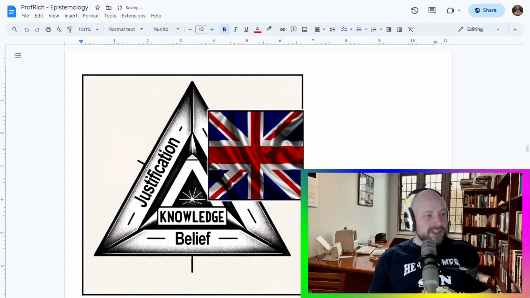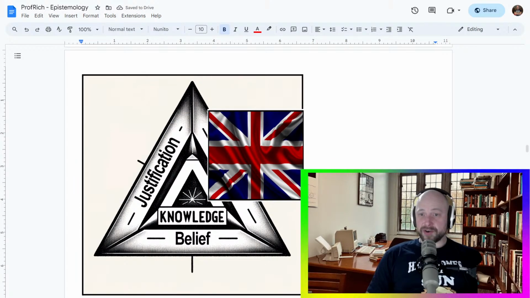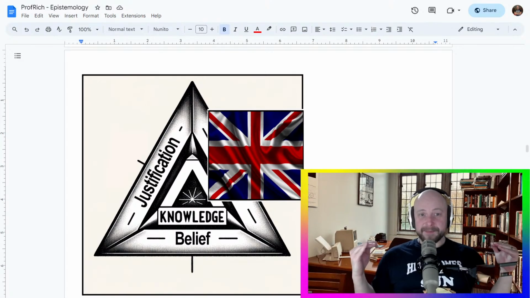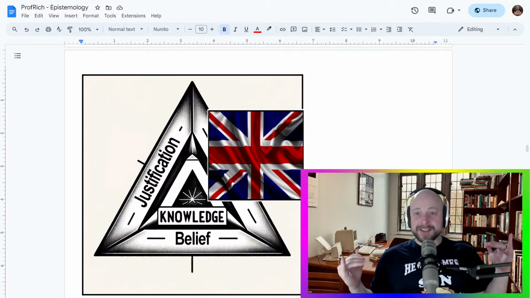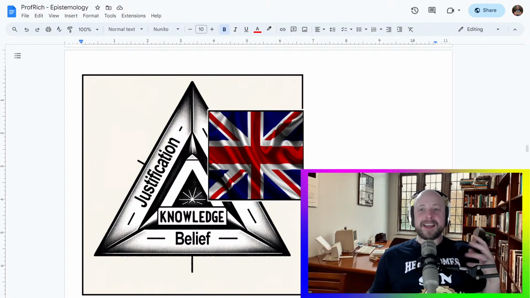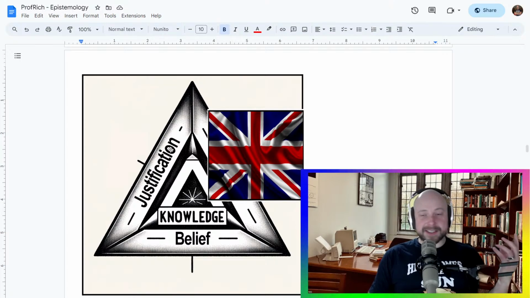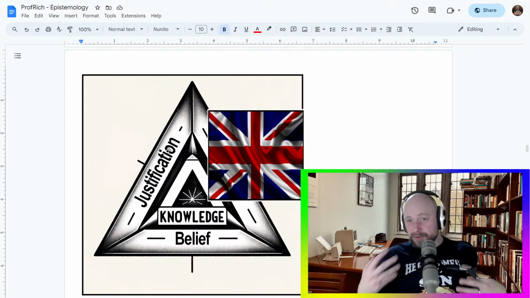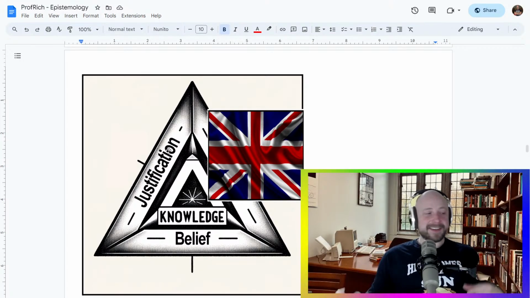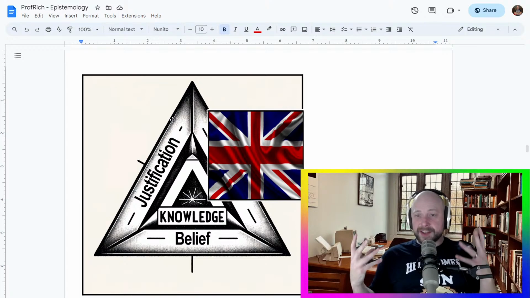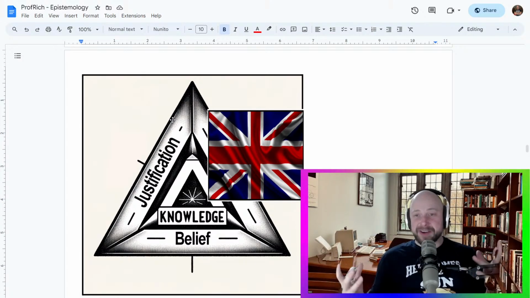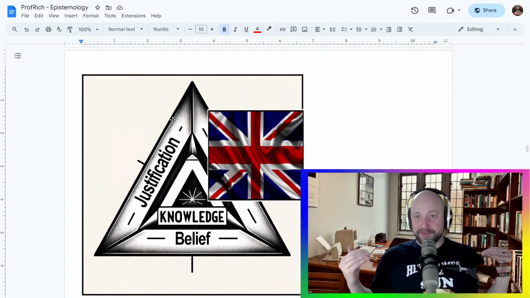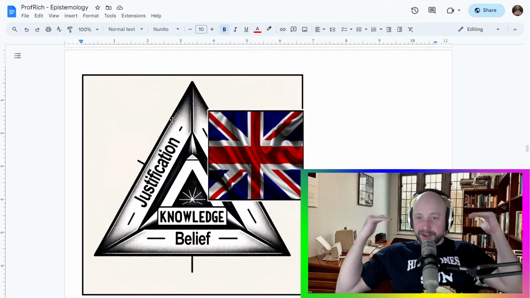Now, what if we have justification and belief, but it's not true? This is very possible. Okay? This is where you believe something, you have good reasons for it, but it's not true. And this can imply a few things. For example, it can show us that there is some problem with our justification. It could show us that there's something wrong with our theory of the world. It could show us that there's something wrong with our science, if we find that we believe something and see that the belief is well justified, but